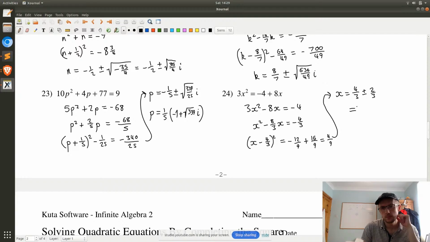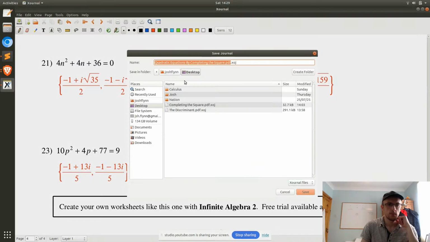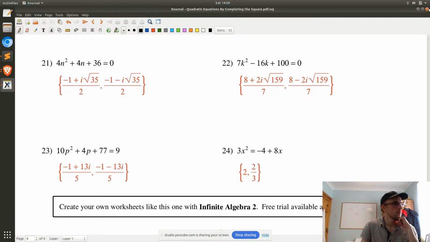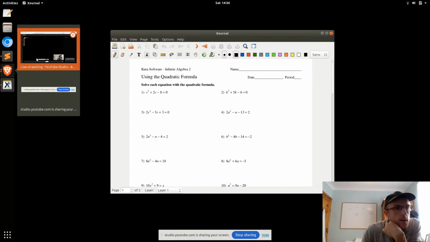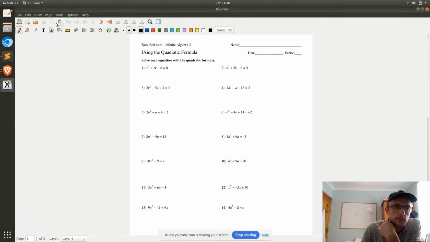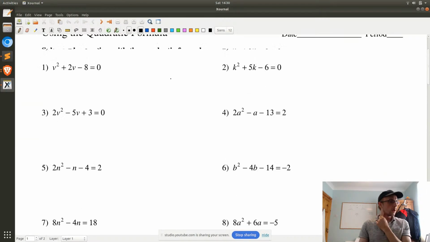Which is done. Discriminant was done. Completing the square was done. Now the quadratic formula. Solve via